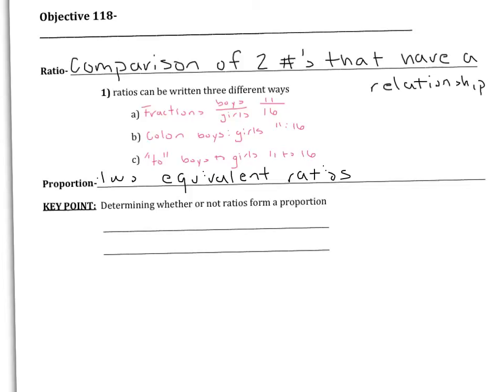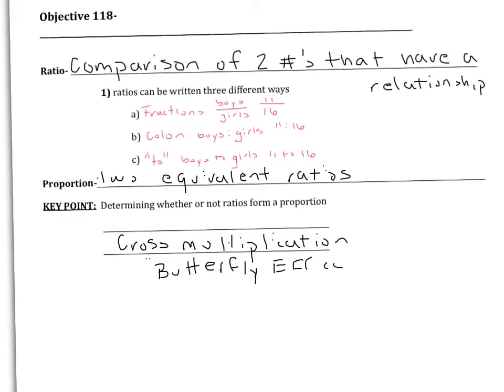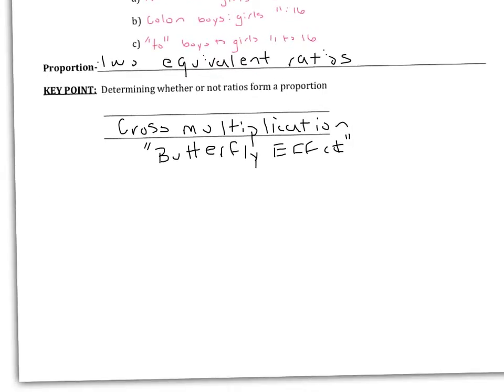To find out if two things are proportional, we are going to use cross multiplication. We're familiar with cross multiplication. We've done this before in some of our other objectives. I also refer to it as the butterfly effect, and when we go through the steps in a few minutes, you'll see why we call it the butterfly effect. But let's talk about what our results are going to mean. So when we cross multiply,